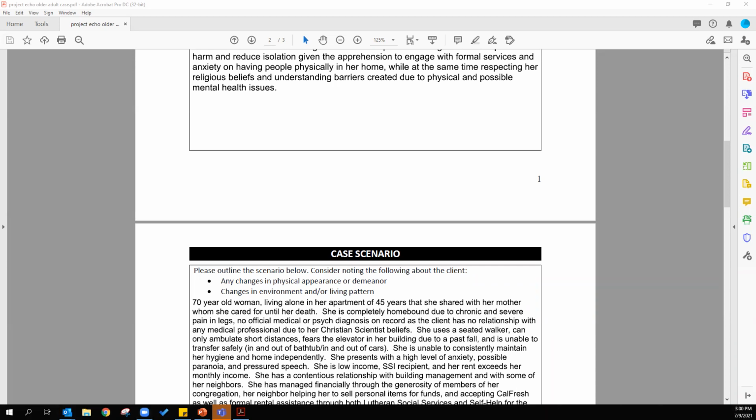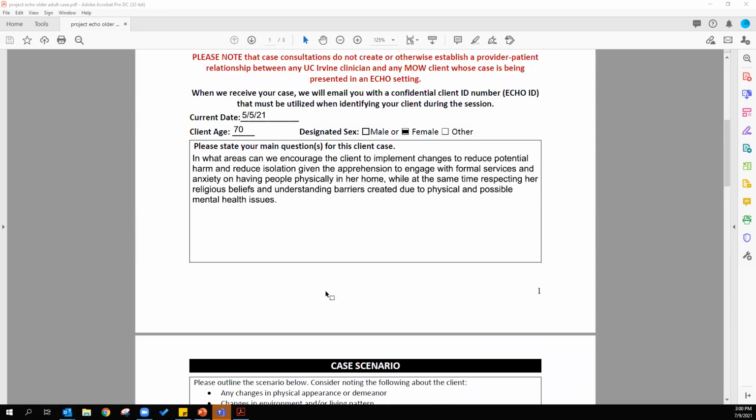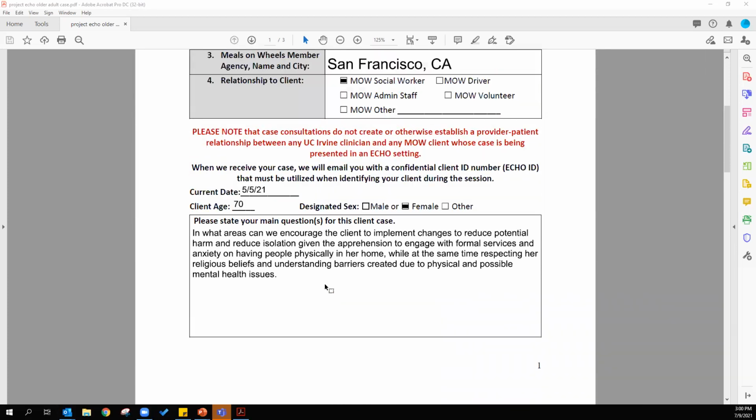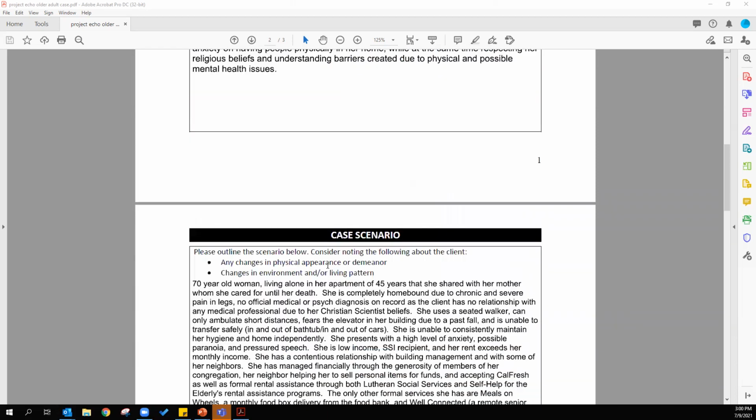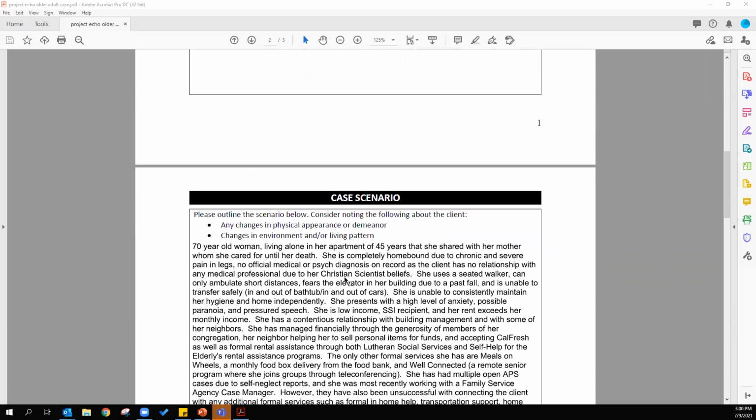Small successes are big to us in our practice with the clients. So the fact that, after 5 visits, she allowed me further into the apartment than the front hallway, or she allowed us to do certain things with CalFresh, with the rental assistance program, that required her to provide a lot of documentation that she's not necessarily comfortable with. There are things that we were able to do to begin to address some of the issues that she was dealing with.